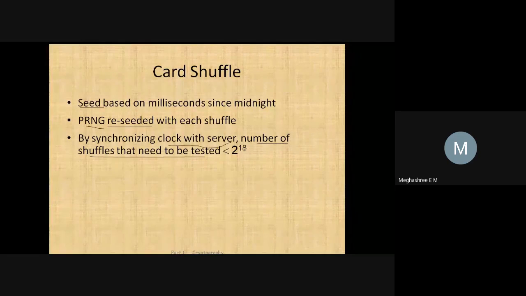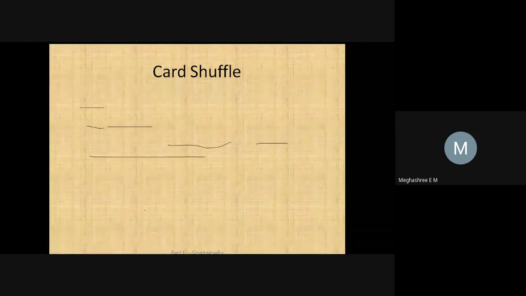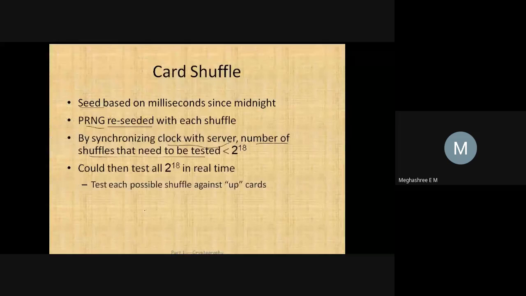You can see from the previous slide, initially these many shuffles were possible, later it was reduced to 2 power of 32, later to 2 power of 27, isn't it? Now, since he synchronized his clock with the server, he has to test only 2 power of 18 shuffles